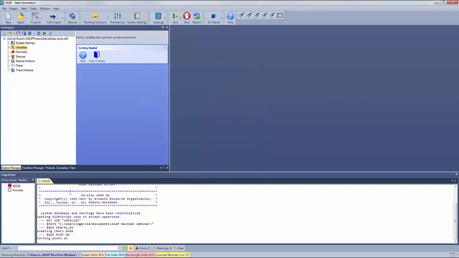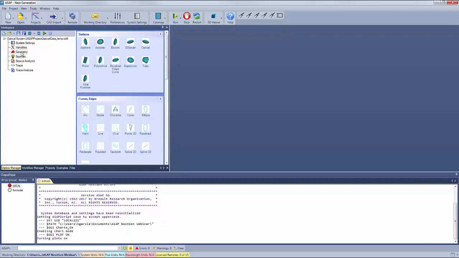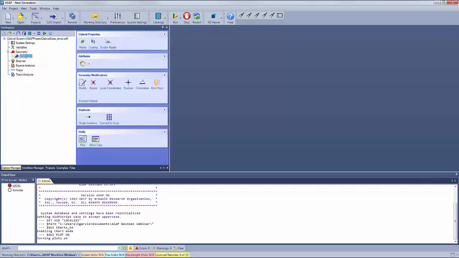Next, what we will do is basically outline the different geometry components that we're going to put into our model. We'll come over to the Geometry tab and insert a geometry branch. And the first branch we're going to put in here is going to be the TIR lens itself. Now the TIR lens is going to be composed of an inner component, so we'll insert another branch down here, and we'll call it inner